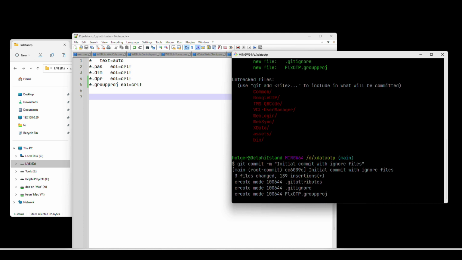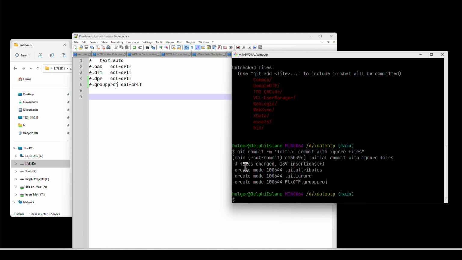And then press enter. And now these 3 files have been changed, and it made these changes and added them as a commit into the repository. Perfect. That's it. Now these 3 files will always be under version control.